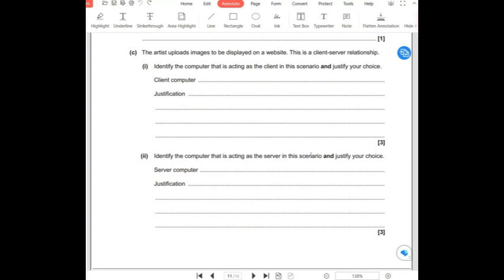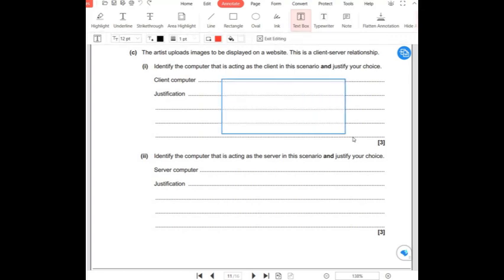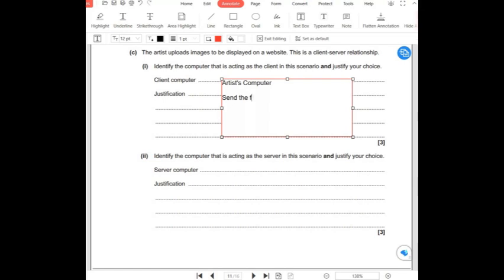The artist uploads images to be displayed on a website. This is a client-server relationship. So we're going to identify the computer acting as a client in this scenario and justify our choice. In this case, it's going to be the artist's computer, and the justification for that is it's going to send the files for storage